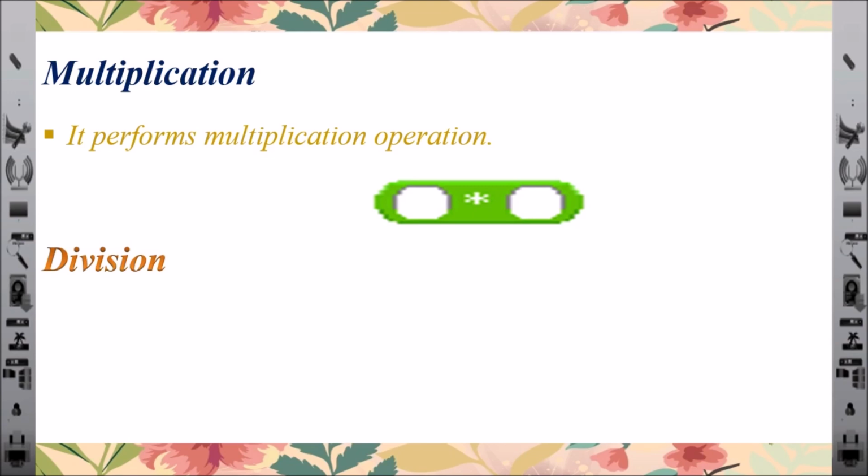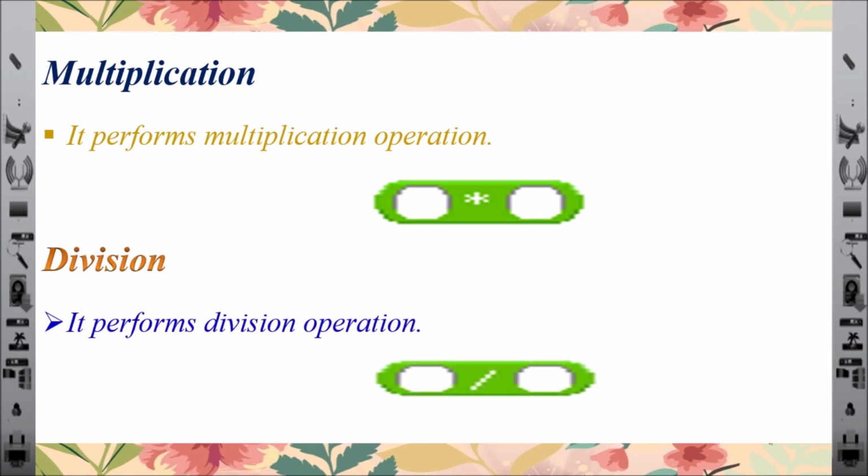It performs the division operation. In division, one number is divided by another number, and the result is stored in a variable by using this division operation. It is one of the operators blocks categories. Now we discuss the command for the division block. Enter the first number, divided by the slash symbol, and then the second number to get the result, which is stored in a variable.